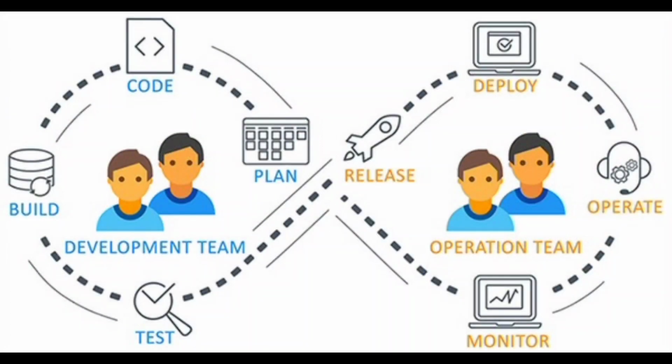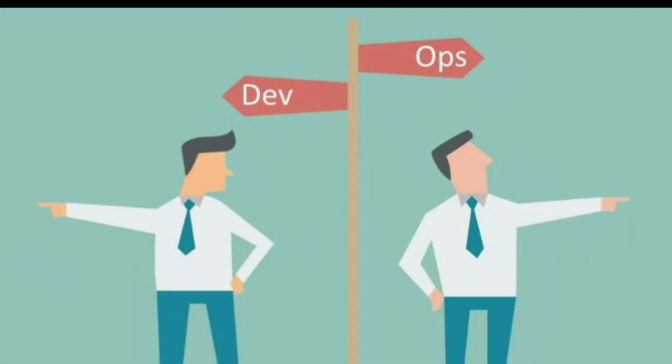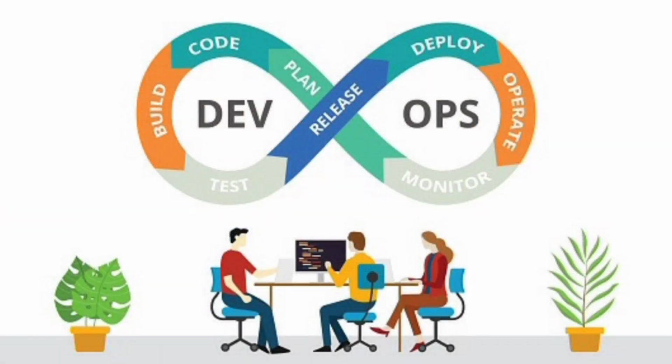So we know that the main goal of application development is to deliver application to the end user. So the development team will develop application and operation team will deploy it and operate the applications. So the development team only focus on the application development and the operation team, they only focus on operations. So that means there is no teamwork and collaboration. But in DevOps process, development and IT operations work together.